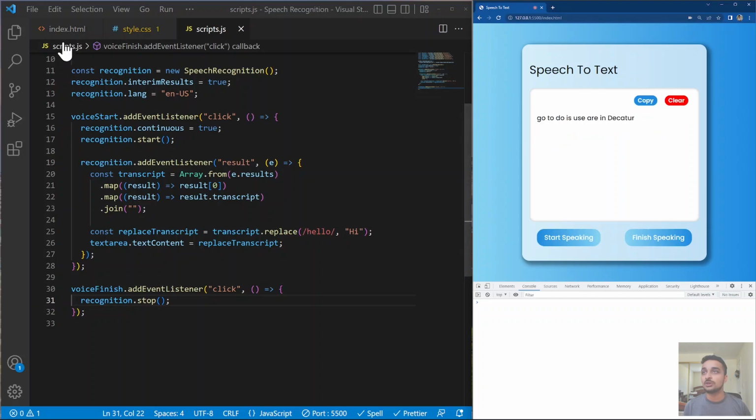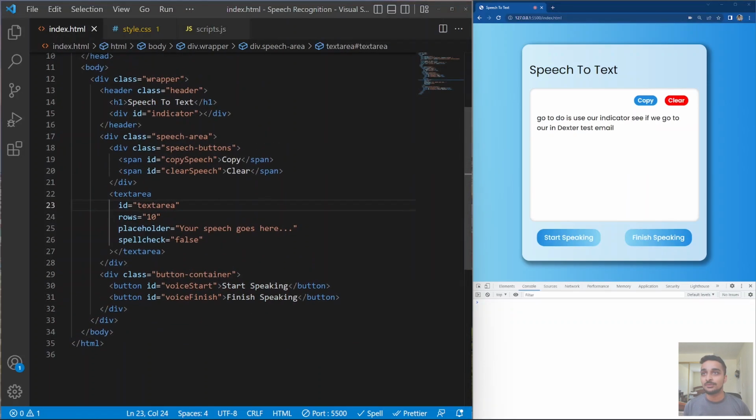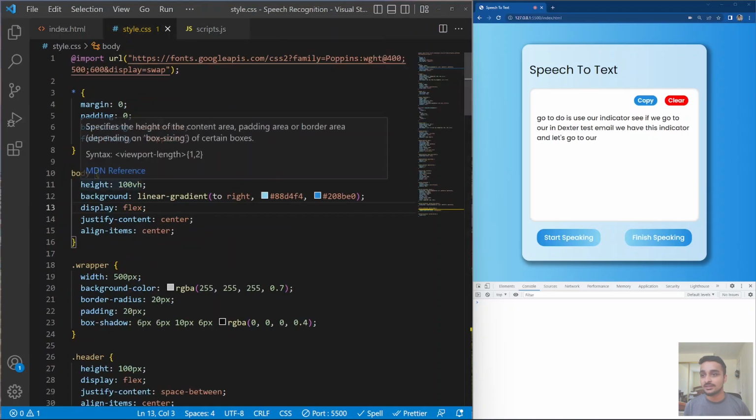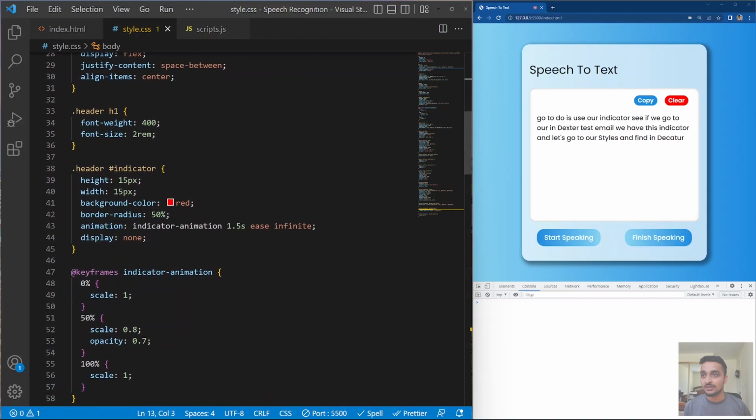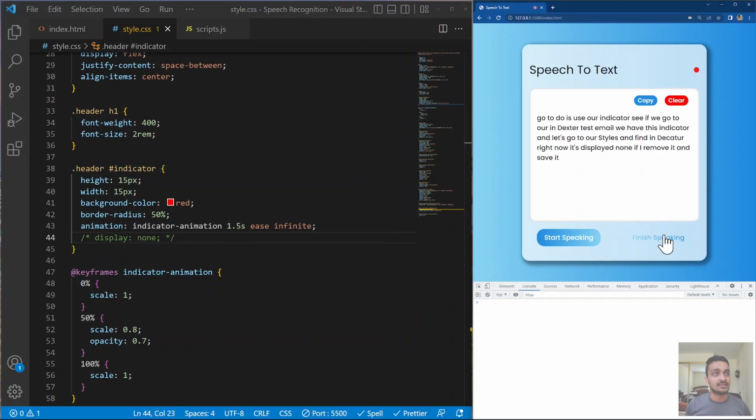So if we go to our index.html, we have this indicator, and let's go to our styles and find the indicator. Right now it's display none. So if I remove this and save it, here you can see this has a nice animation which shows that something is happening, or it's recording. So we have to make it enable and disable by pressing these two buttons, or in this case what we're going to do is